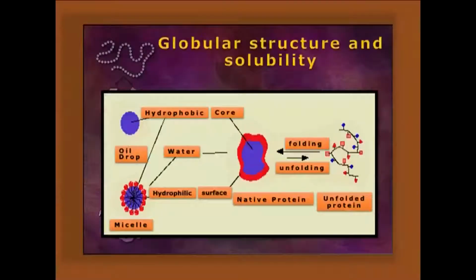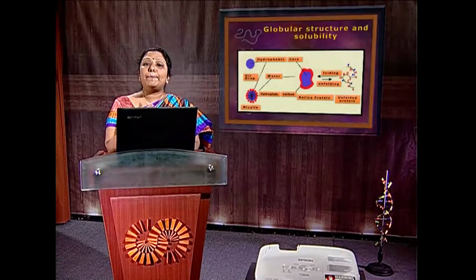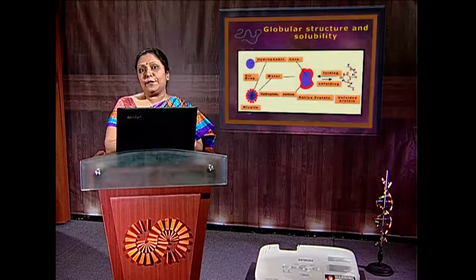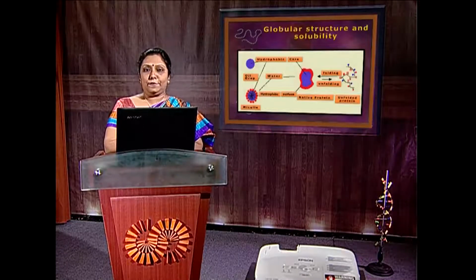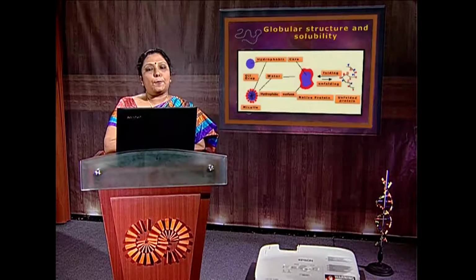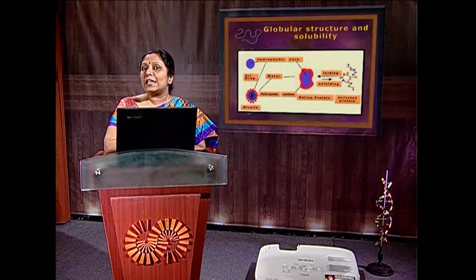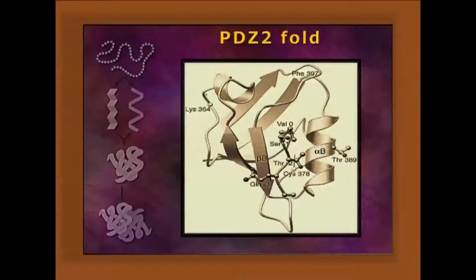Next one, globular structure and solubility. Globular structures are folded according to the alpha and beta propensities. They will make the hydrophobic core and hydrophilic outside. But minimum energy means they are marginally stable, with release of a minimum amount of energy. So there is a rapid turnover rate for the disintegration or synthesis of the protein. As we know, for proper folding, the nucleation-condensation and diffusion-collision models exist, but in the case of PDZ two-fold, both models can actually be applied here.